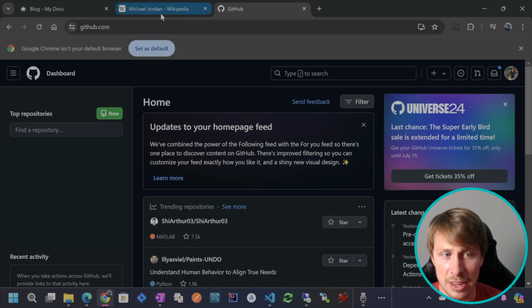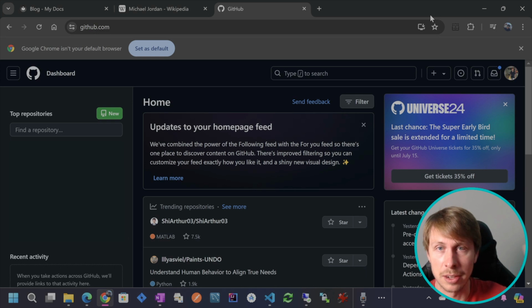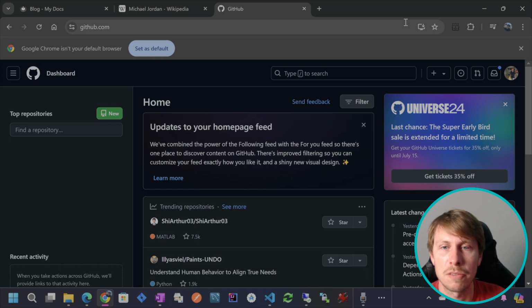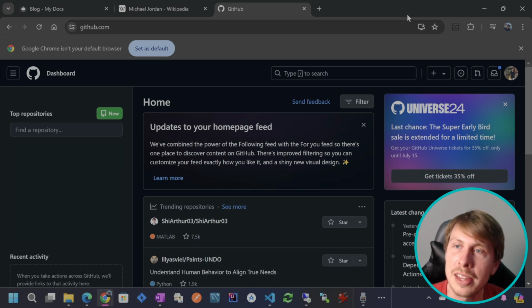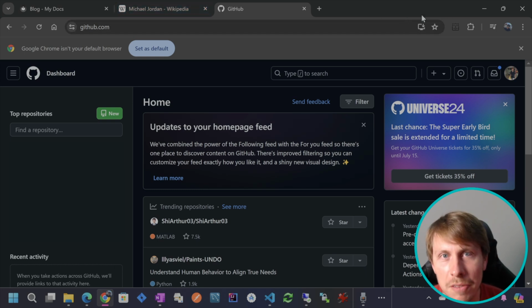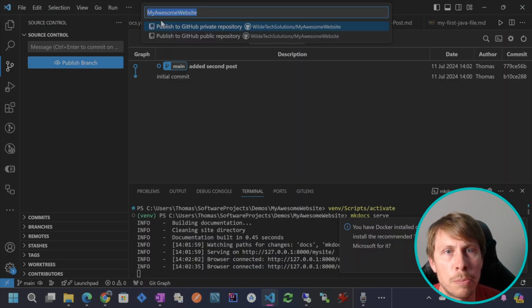If you don't already have a GitHub account, go ahead and create one. It's free to create. This allows you to have a Git repository in the cloud as well, so that you can have your commits locally and in the cloud. That way, if you lose your computer, you can easily clone your repository again and have all those commits on your local device again. So one thing that we can do is go to publish branch, and I've already integrated